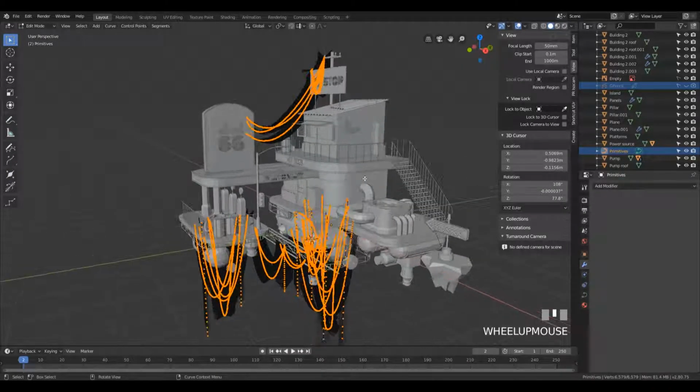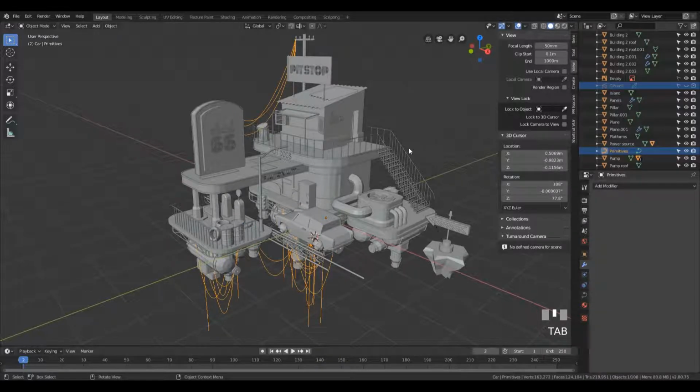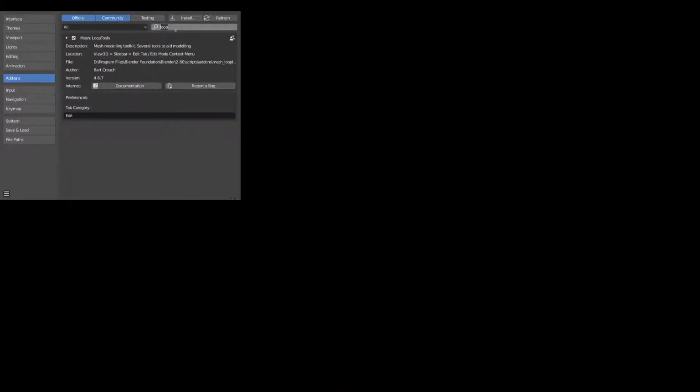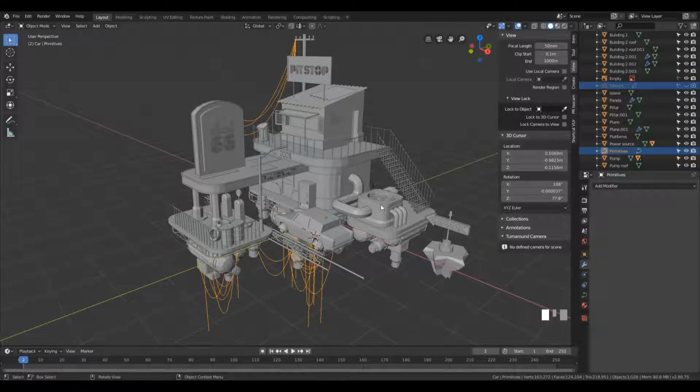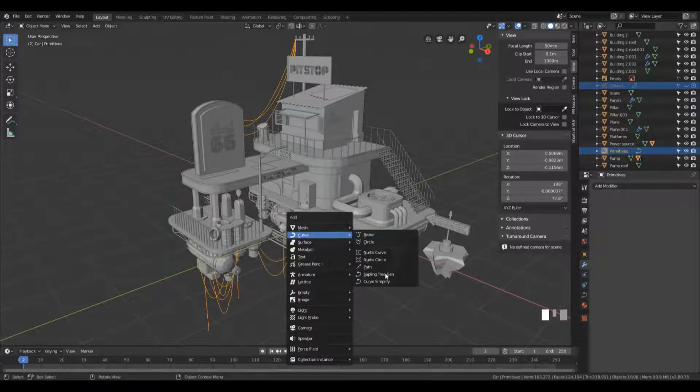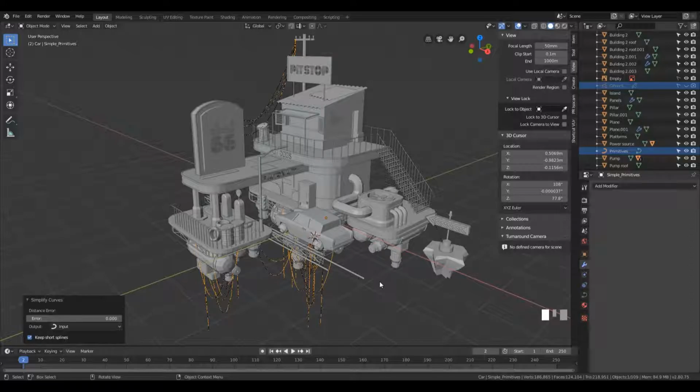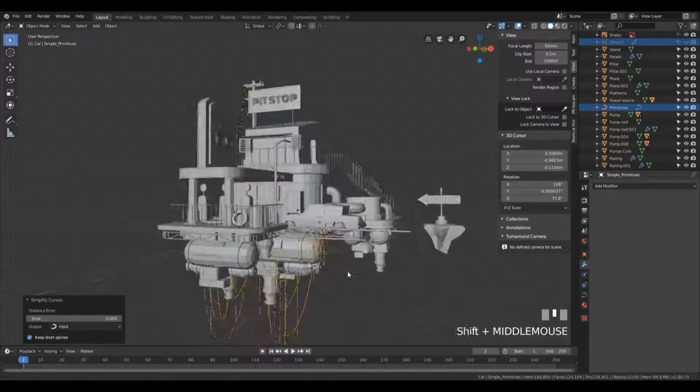And we can of course simplify that, and we'll use one last add-on for this episode. So if you go to the preferences, you can search for simplify, and there will be an option called add curve, simplify curves, and just check it and enable this add-on. And this add-on works as adding a new object. So let's press Shift A, and under the curve you will see there's a curve simplify. You will click that, the new object will be created for you, and here are some options for you which